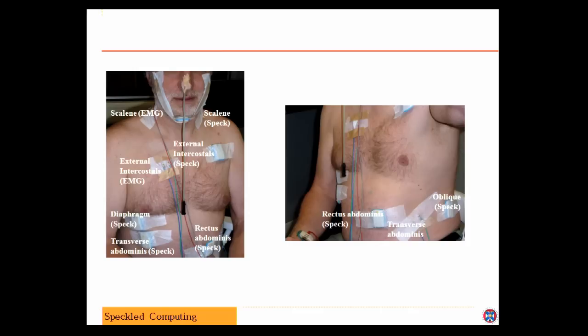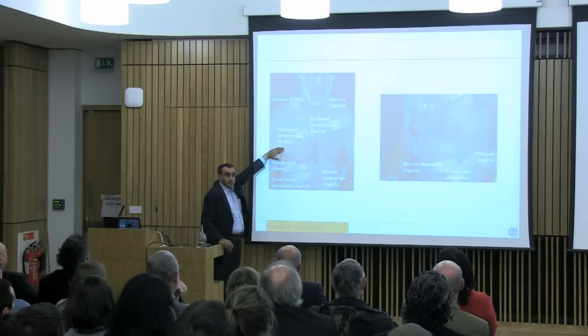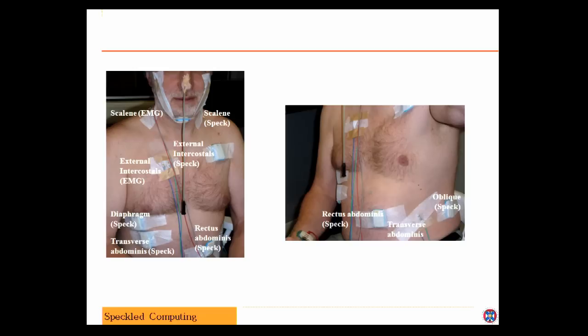needles in the person? We have a collaborator from France, Didier, and these are some experiments that have been running in December. What you see in this case are the various intercostal muscles. You have the EMG, because that is the ground truth for us. But you also have the specks at the same location. So you have a network of specks, which is natural for us, because we always think in terms of networks.